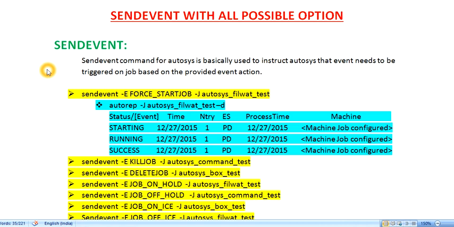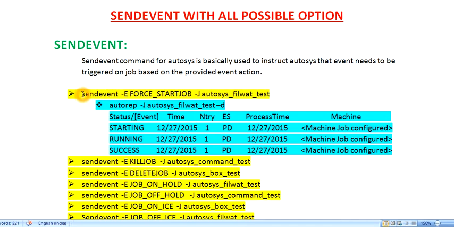Just to give you a brief idea of how exactly it works, you can see this command which I am highlighting right now, marked with the yellow color: send event -e force start job -j autosys_filebot_test.